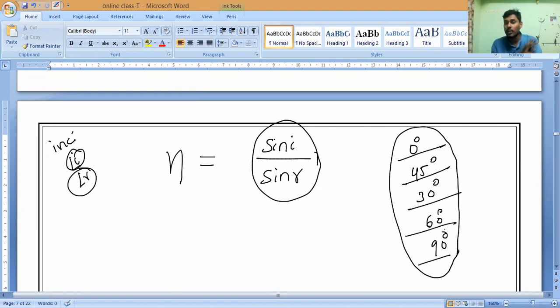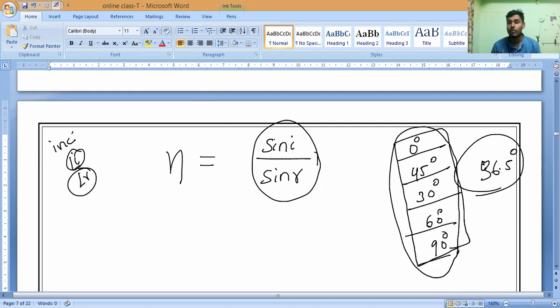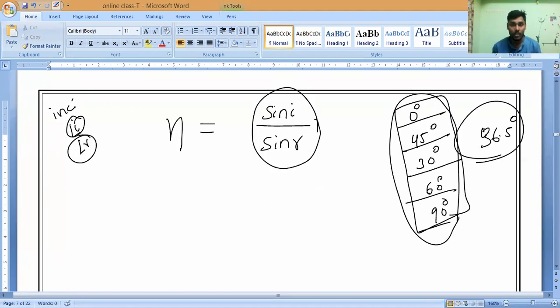Out of these, definitely 100% they won't give you. If they do give, suppose in our sample paper, you may check it, the question they have given for 36 point something, have you noticed it? A hint they have given for the value. So if it is a perfect value, they won't mention the values. If it is a non-perfect value, 100% they will give it to you. You need not bother about it. Damn sure they will give you a non-perfect value. Now please learn these values: sin 0, sin 30, 45, 60 and 90.